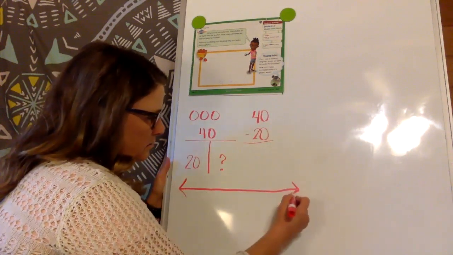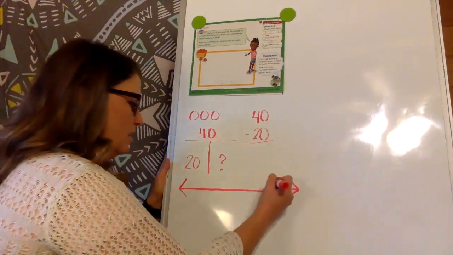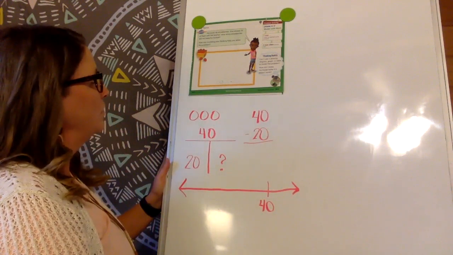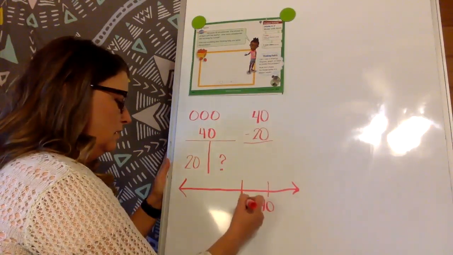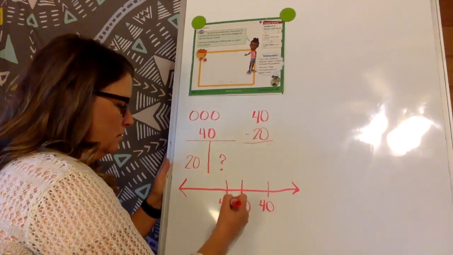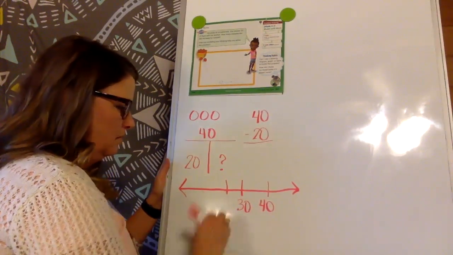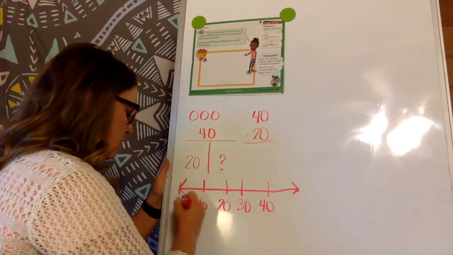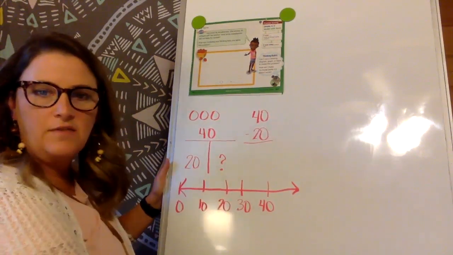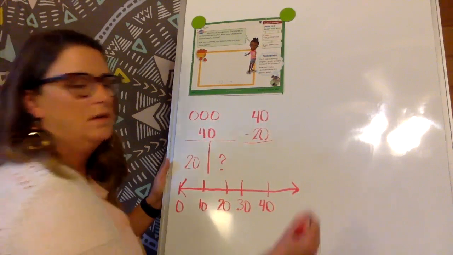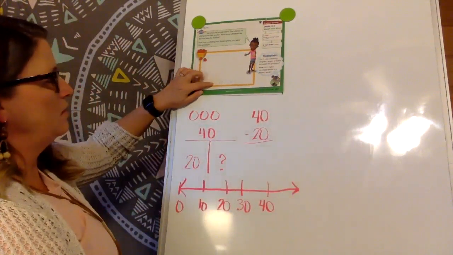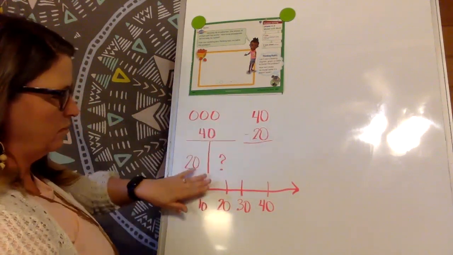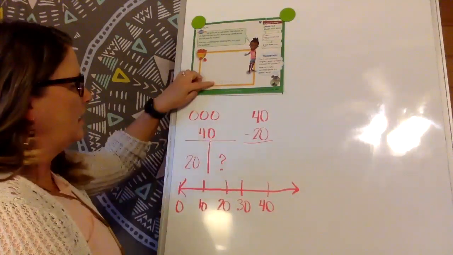to model it. So she picks 40. She gives 20 to her brother. So let's count back by tens. 30. Oops. I was counting up. 20, 10, and then of course over here would be 0. Okay, so we could use a number line. There's all kinds of different ways that we could solve this equation. And here they want us to write the equation at the bottom. Okay, so I'm going to use multiple ones of these here for us to practice with, and then we'll also